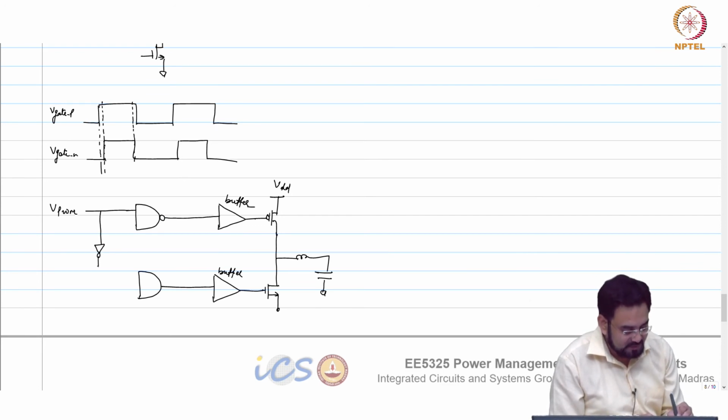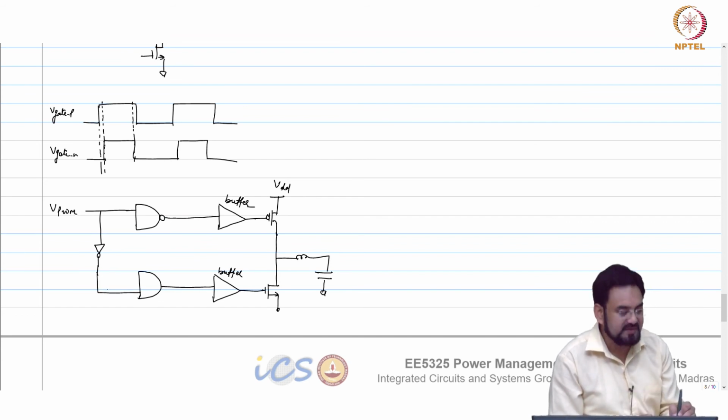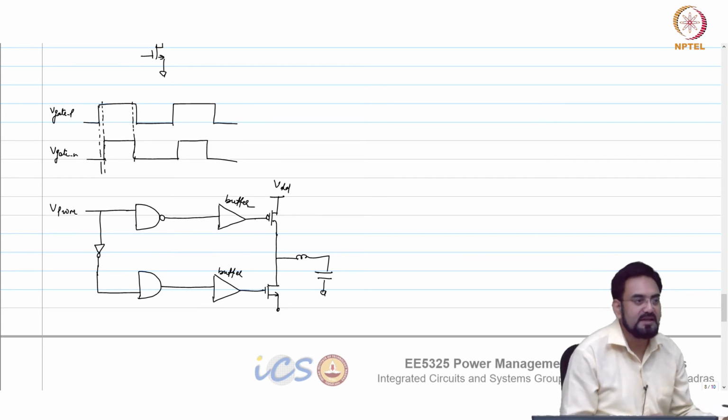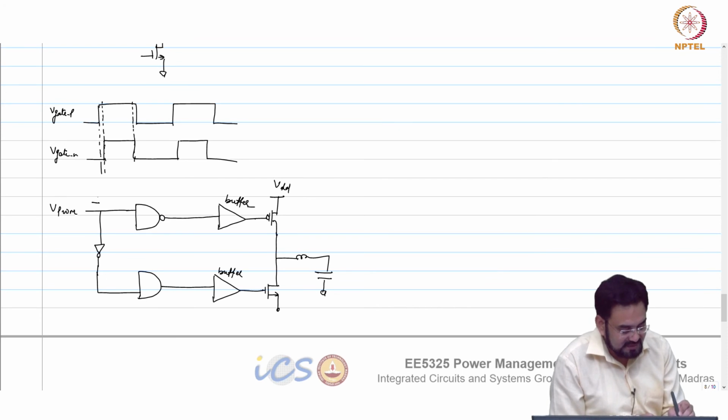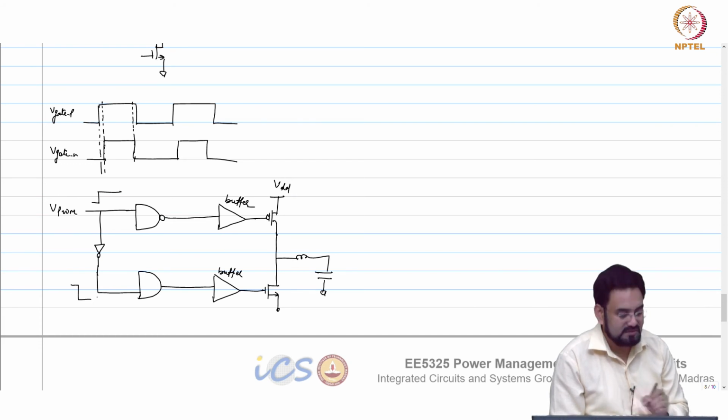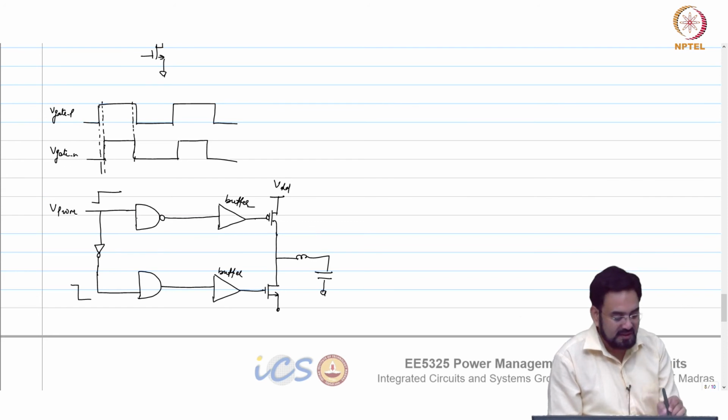So all I need to do is place one inverter, and so when this goes high, this will go low, and this will forcefully make the gate 0. Now we have to look at this signal. If this is going high, then this will go low, and I want to turn this on. So I know this PMOS will turn off immediately, and I want to turn on this one after some delay. I know when both inputs are 1, output will be 0. So I have to make this other signal 1 after some delay.